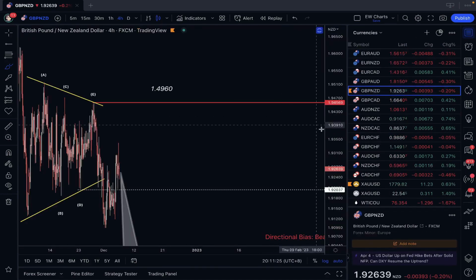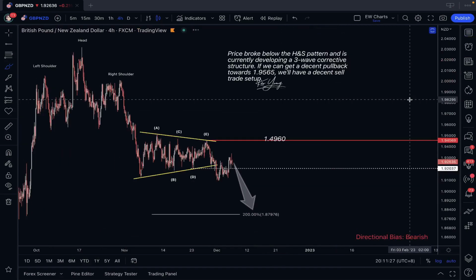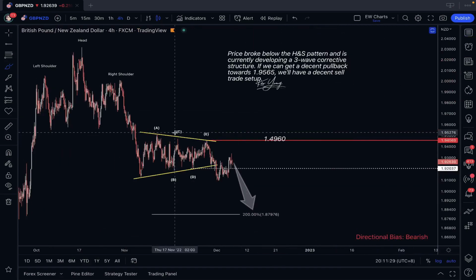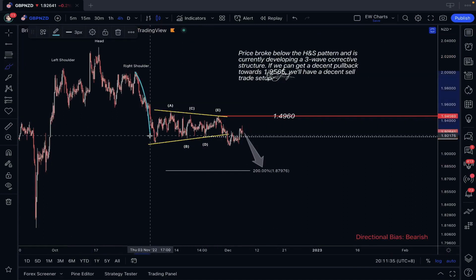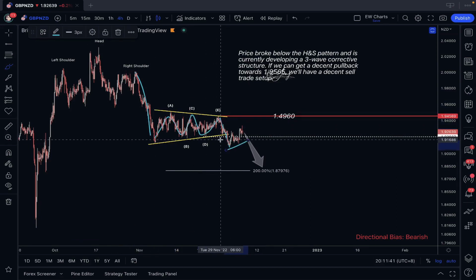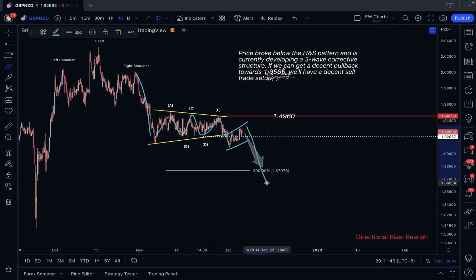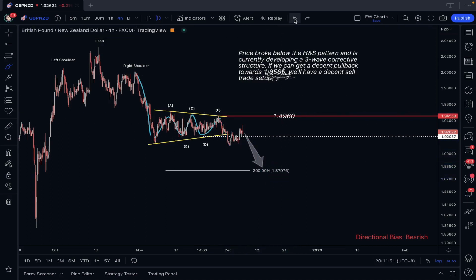Then we have the Pound New Zealand. So Pound New Zealand over here, what I'm seeing is that we have this little triangle structure. We have a very strong push, we have a consolidation, and we have a break. Right now we do have another consolidation, so we're expecting another push lower, back towards this low here around 1.88. So for now, if you go down to the lower time frame,